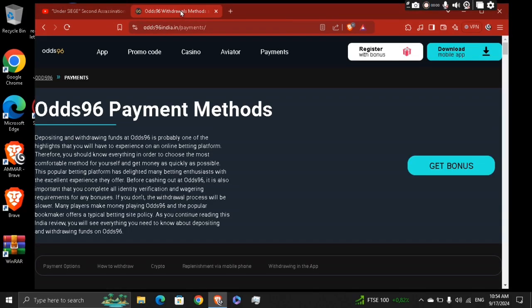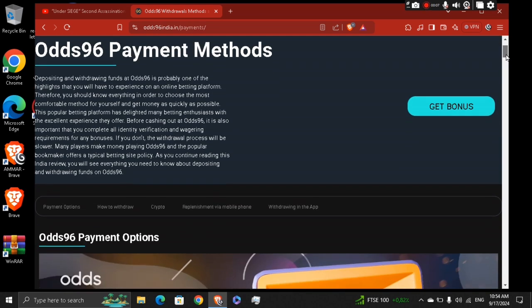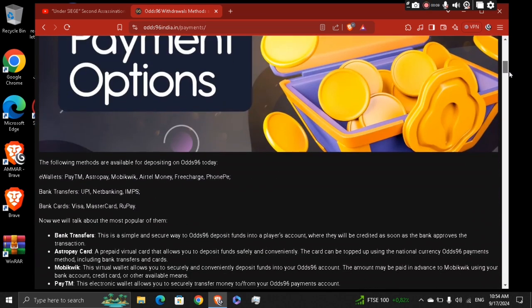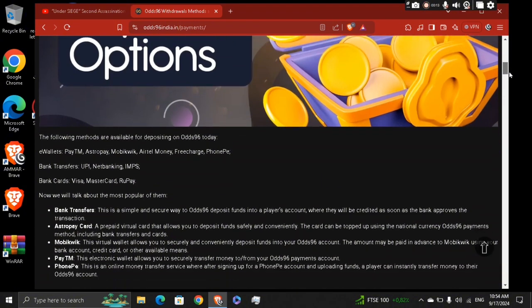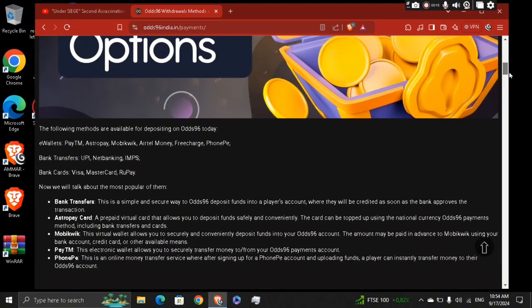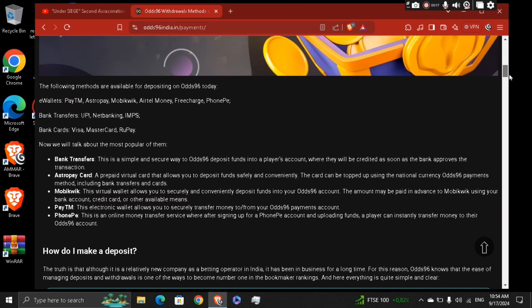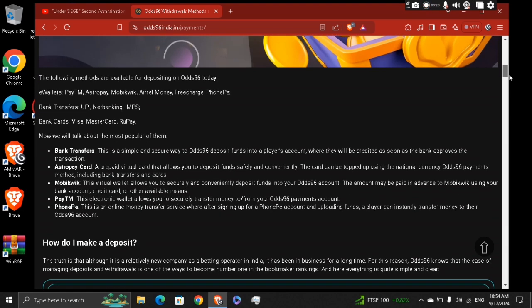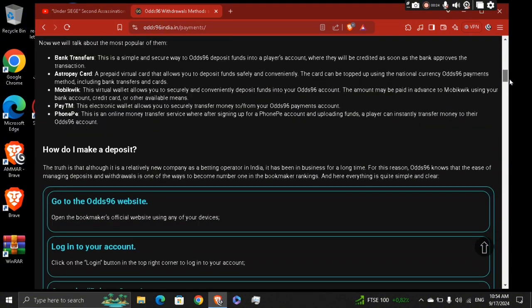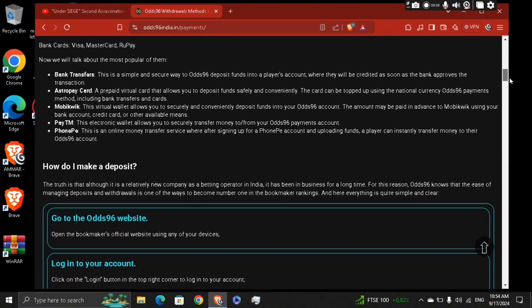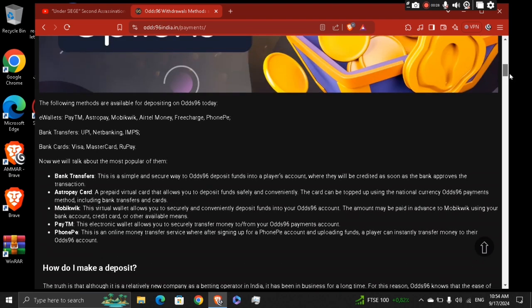Basically, how to withdraw money from Odds96, right? You can see right here the official website, and you're gonna see the payment options. You can use the payment methods to deposit or withdraw from your Odds96: bank transfer, AstroPay card, MobiQuick, Paytm, or PhonePe, and you're gonna be able to use those methods to deposit funds or withdraw funds from your